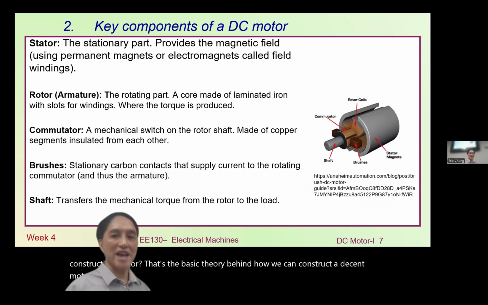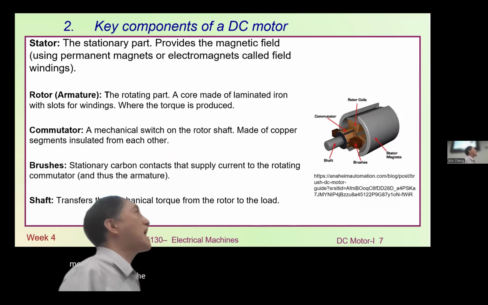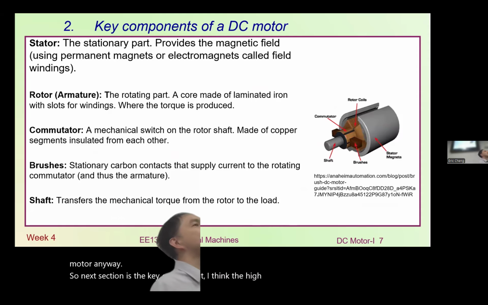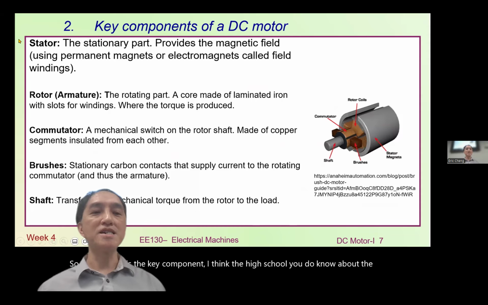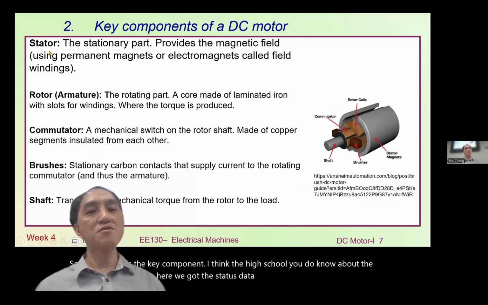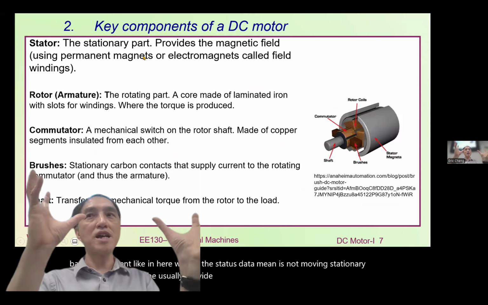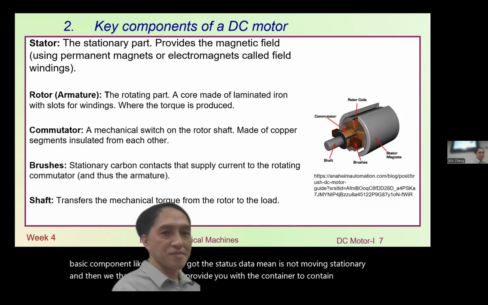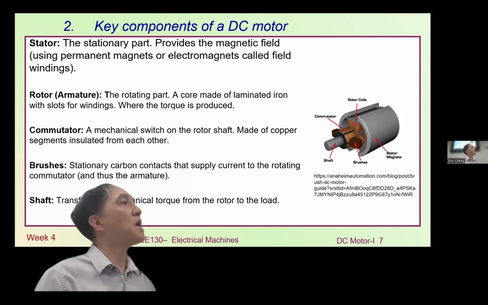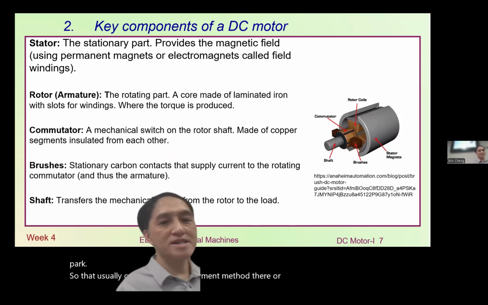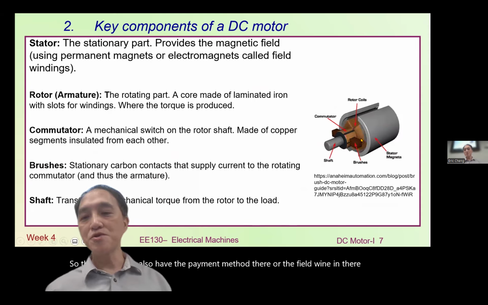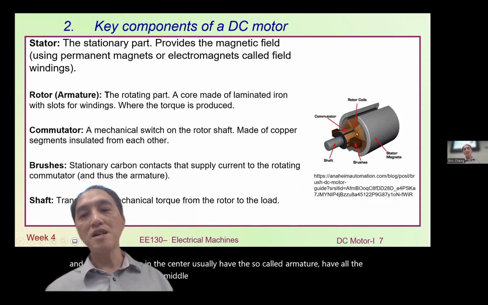So the next section is the key components. I think in high school you know about the basic components. Here we have the stator. Stator means it's not moving, it's stationary. It provides the container for the rotor part, and it can have permanent magnets or field windings. The rotor will be in the center, usually with the so-called armature. You have all the armature wire in the middle, the moving part. Because of the wire inside, we need to conduct the electrical